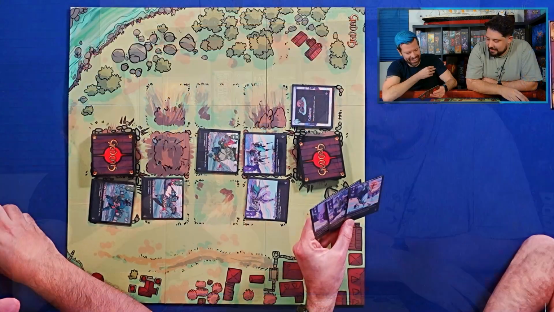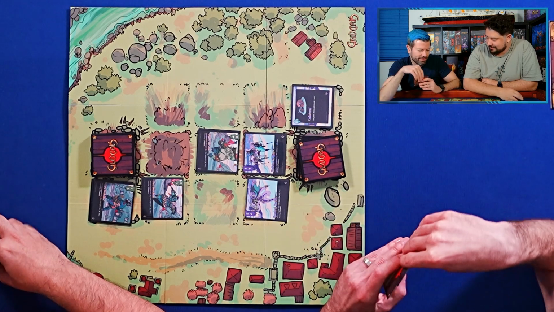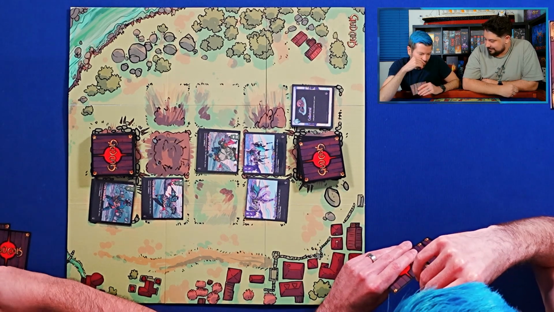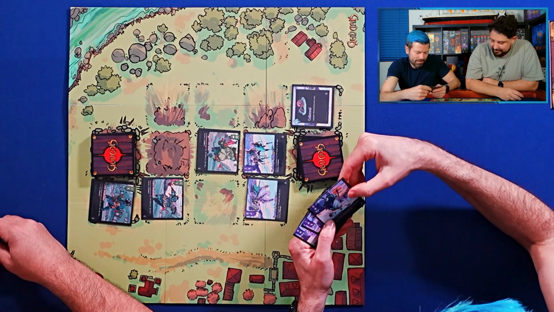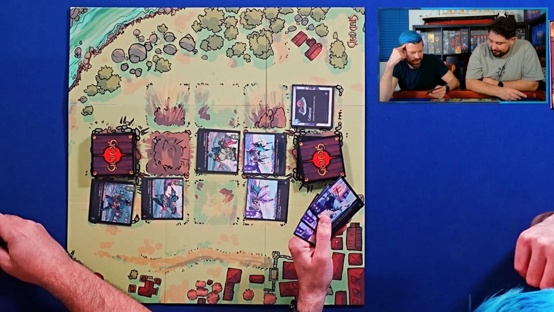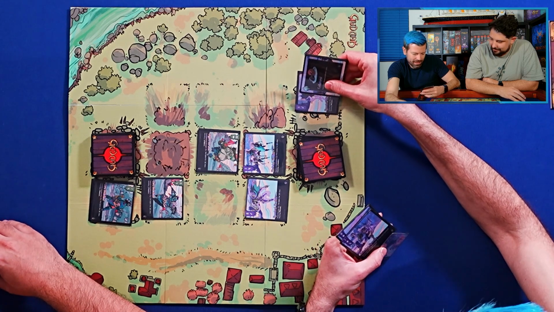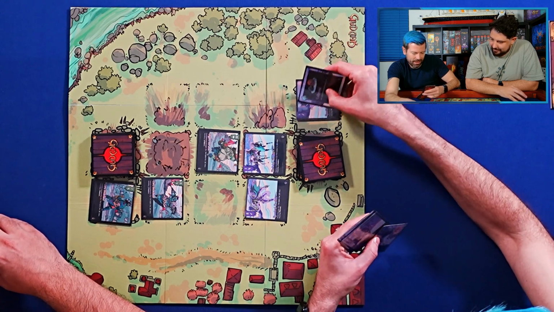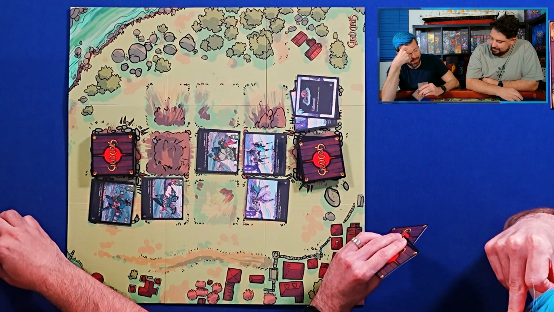I'm already in hot water here. Unless... because even if I take this guy, you can then just attack my brute. And I'll be sad. You would be sad, which would be cool. But why don't I just do something else? Okay. I'm going to play my... Oh, that brute is going to...